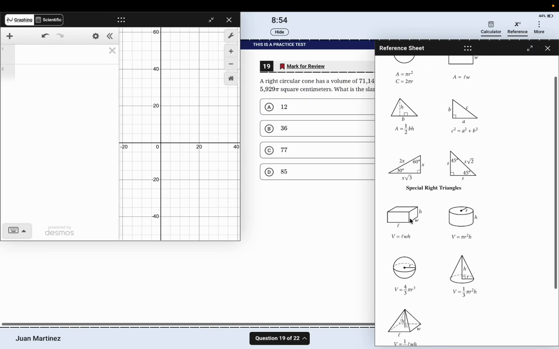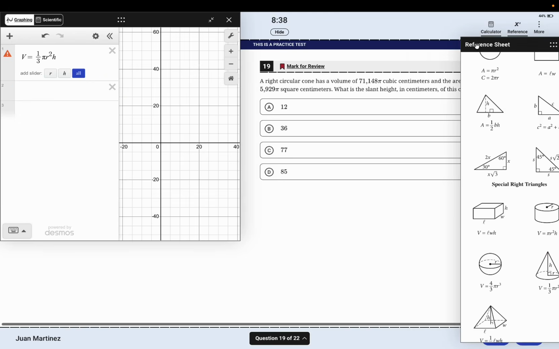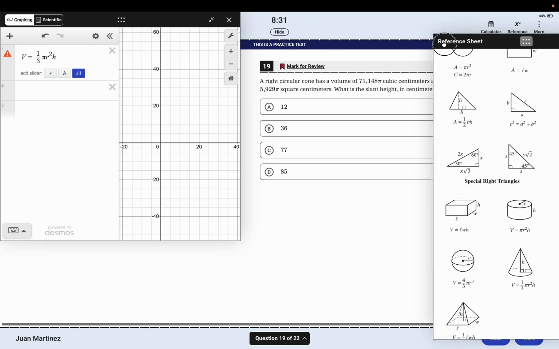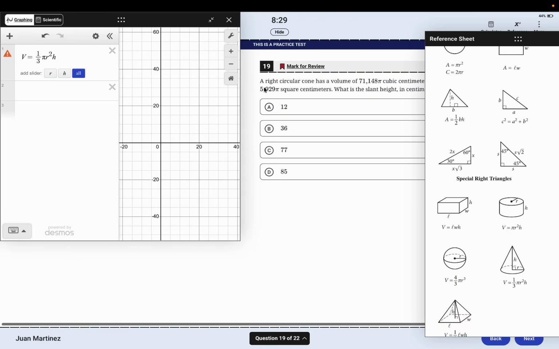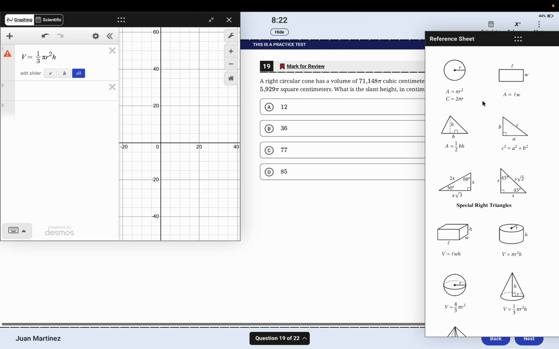So we have a cone here. This is our cone. Let me write our volume. So our volume is 1 over 3 pi r squared h. I had to kind of rush this, but a right circular cone has this volume, and the area of its base is this. What is the slant height? So the area of its base is this in particular, and as you can see here, the base is just a circle, right? And the area of a circle